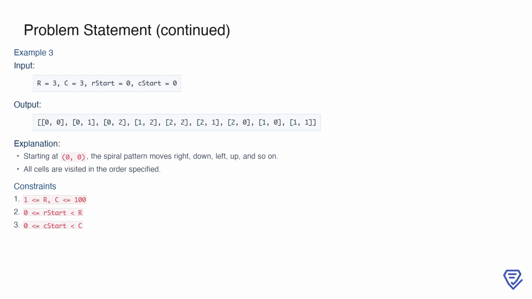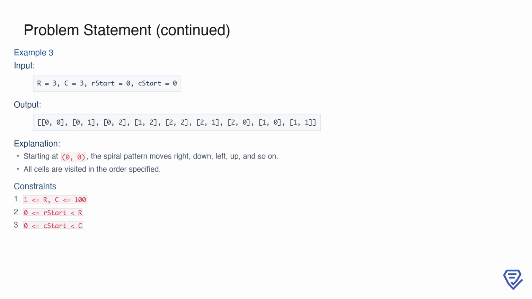In another example, we have a grid with 3 rows and 3 columns, and the starting position is 0, 0. The traversal begins by moving to the right, visiting the first row from left to right. Then it moves downward to visit the last column, followed by moving to the left along the bottom row. From there, the path moves upward along the first column and continues in this spiral pattern until all cells are